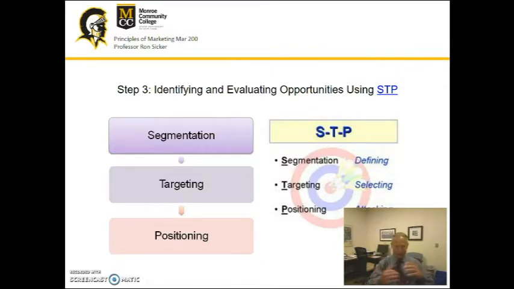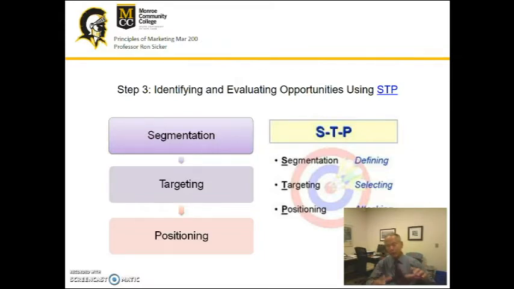So say you've got a product. Well, the first thing you've got to do is decide or define who you are going to sell it to. So you might say, I'm going to sell it to millennials, or I'm going to sell it to Generation Xers, or I'm going to sell it to Gen Z, or I'm going to sell it to a specific type of market, etc. So you've got to define that first, and that's part of the S, segmenting your market into a reasonable